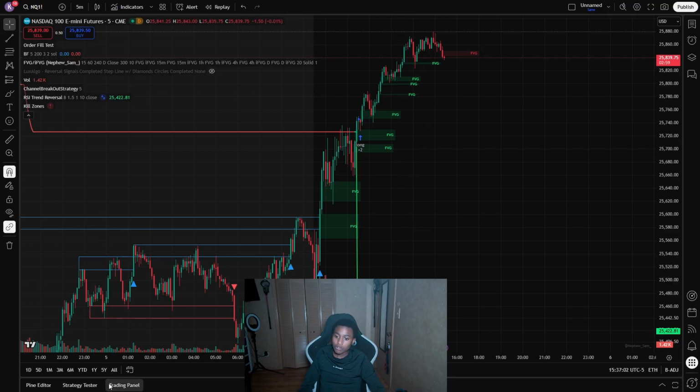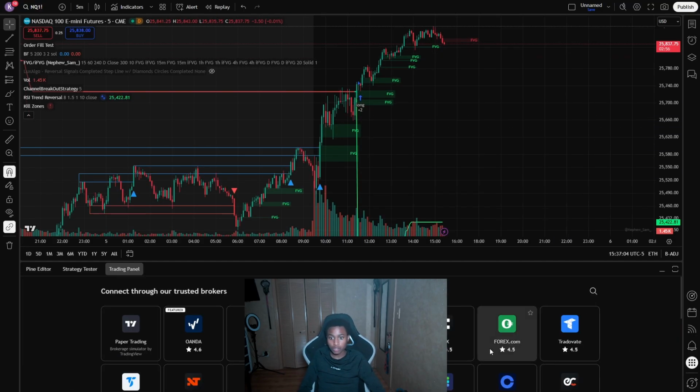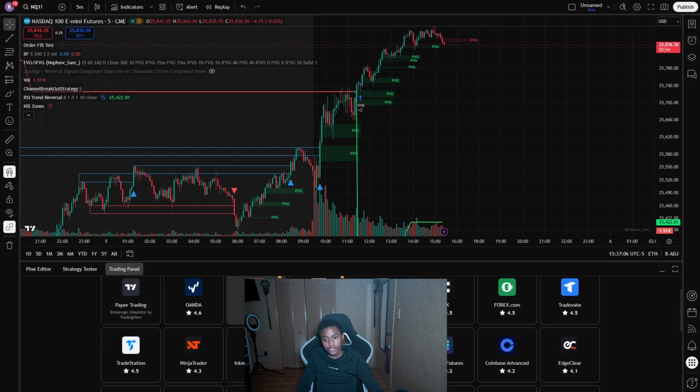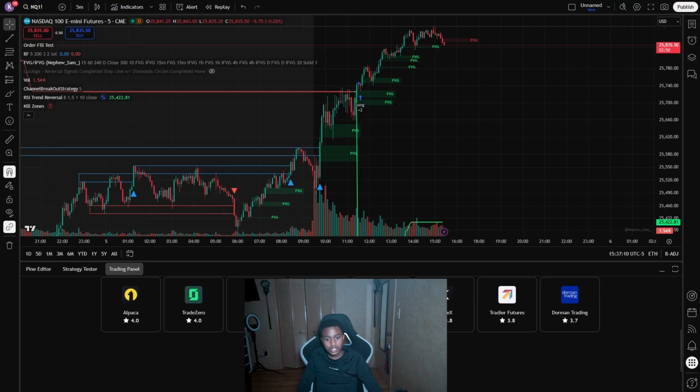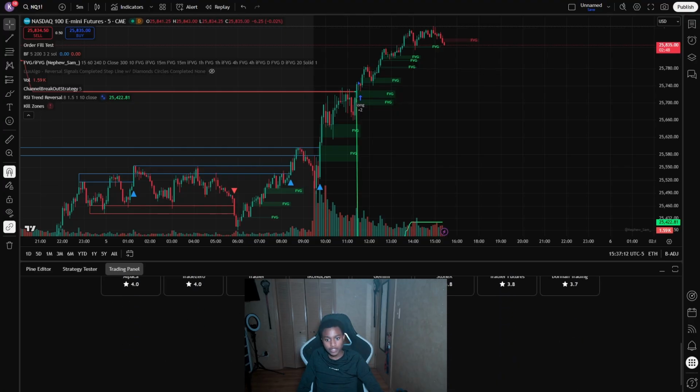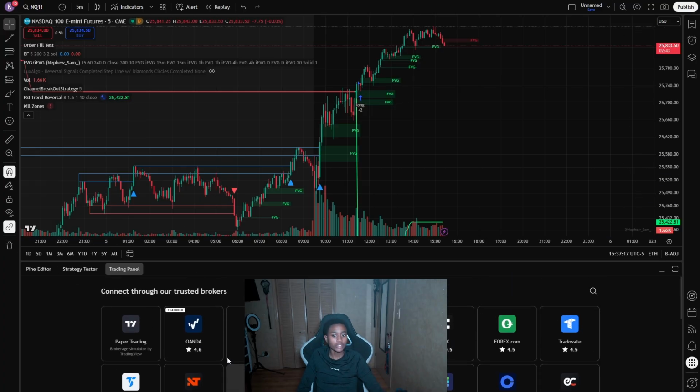Now demo account setup. Let's get into demo account setup. So this is easy. With all these brokers, it requires verification. Like you'll need to show your ID when signing up, and you go to their website. But I suggest Moomoo, Webull, Paper Trading,